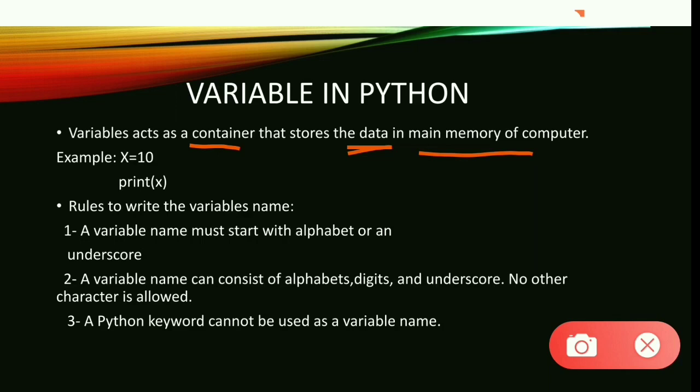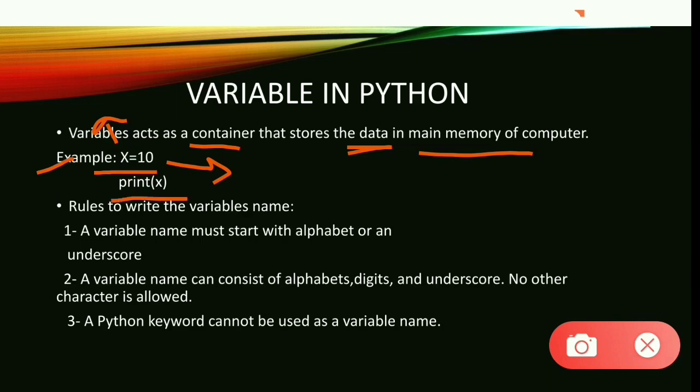With that specific name, you can identify your data. Okay, with the help of this given name, values are stored, used, processed and manipulated to produce the desired output. As you can see in the example here, x equal to 12. Here x is the variable and 12 is the value which we store in the x variable. Now we will go on to print the variable.